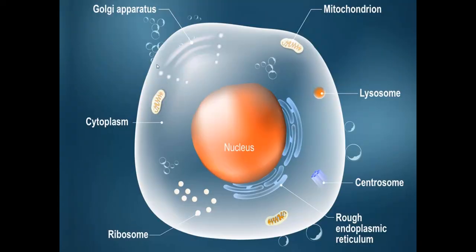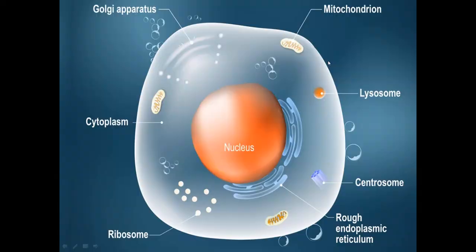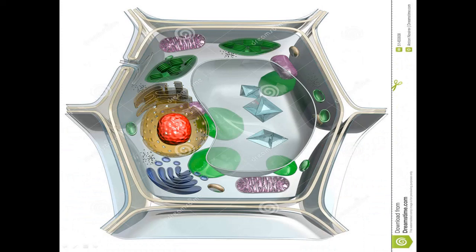Once again you can see the image. This is the image of animal cell and this is the image of plant cell. So you can find the difference here. In plant cell, the cell wall is present. In the case of animal cell, there is no cell wall. This we have already discussed in our previous class. Nucleus is at the center in the case of animal cell, but here you can see nucleus is pushed to one corner and a big large vacuole is found at the center along with the chloroplast.